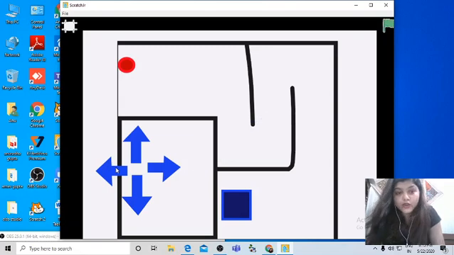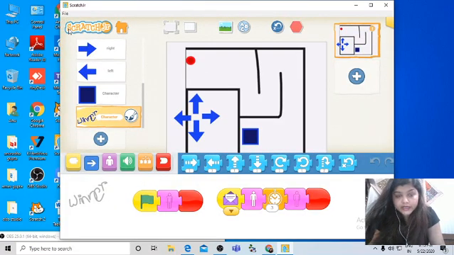Yes. Now you can see the winner message comes when your red dot touches the blue box. Okay, now let's create that game.